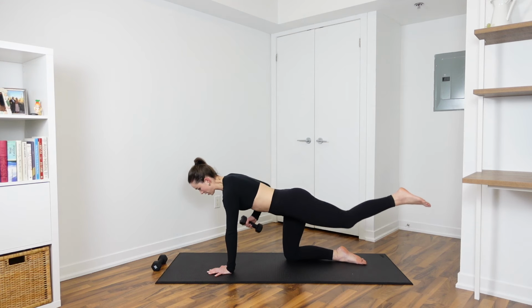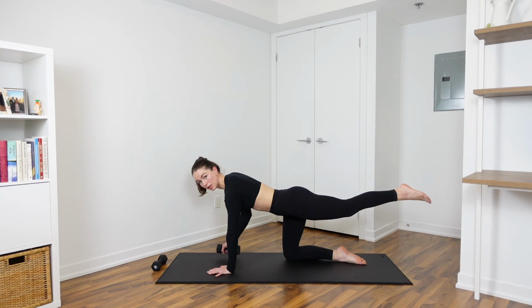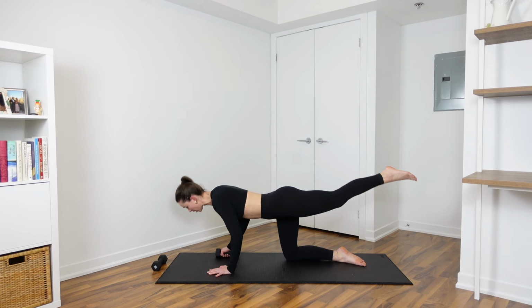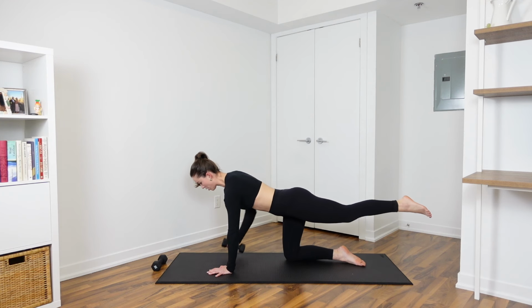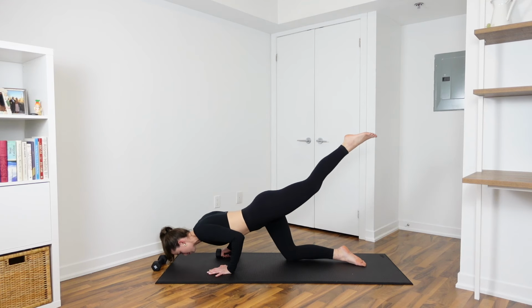On this next one, we hold the leg up. You're gonna lower that hand down to the mat. Tricep push-up, leg stays in line with the body. Back up, row, back down, push up,